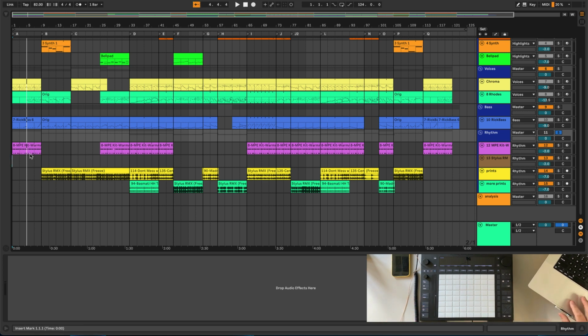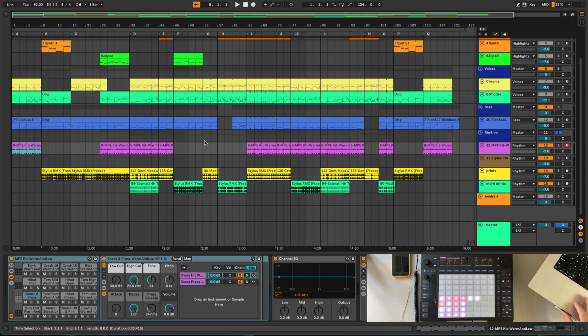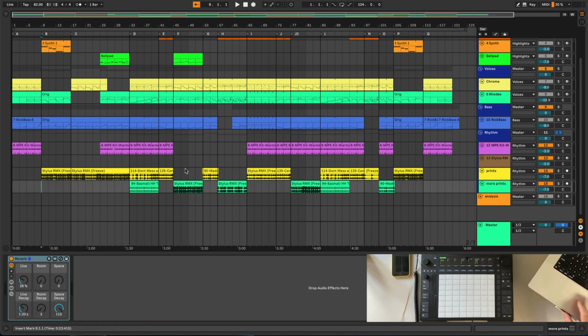But that loop essentially ran throughout the entire production. And then what I started in the last diary, and I've done a lot more of here, is I've pulled it out. So if this is that loop, we now have some gaps. We still use it in a lot of places layered, but I've started putting in these different bits from Stylus. So if we go here, what we're looking at is it switches to